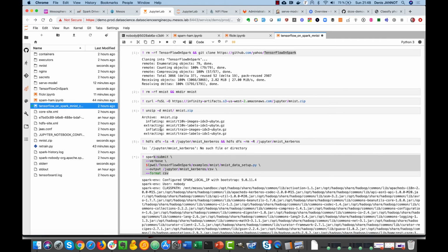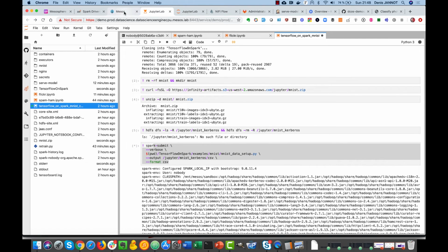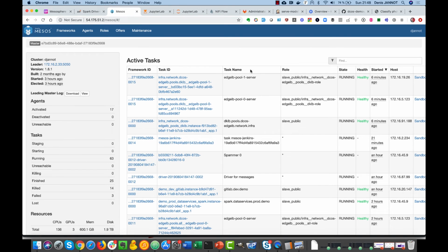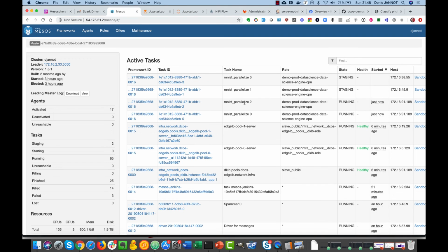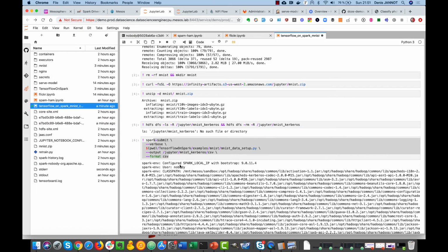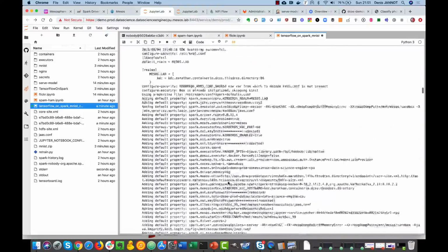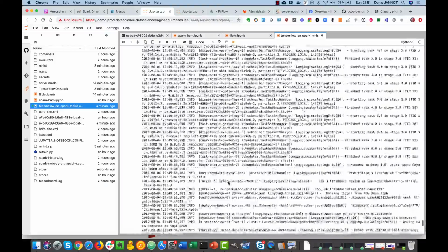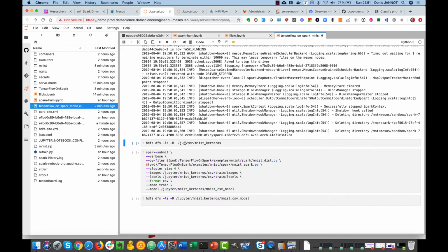So again, just click on the play button and automatically we'll see on Mesos that the new executor is being started in a second. So we see the job is now running. When the job is finished, we can see that all the output is displayed in a notebook here, and we can check that the dataset is present in the